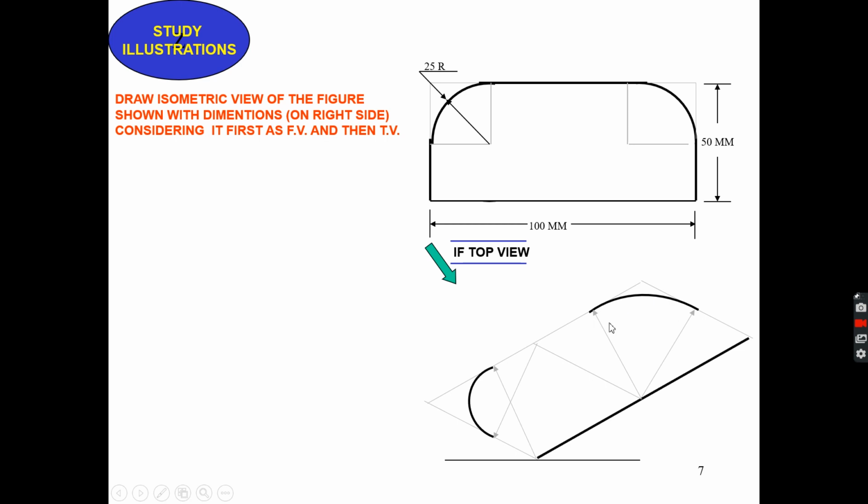How to draw a projection of a circle I have already told you, so you can easily draw these parts. And now I am completing the other